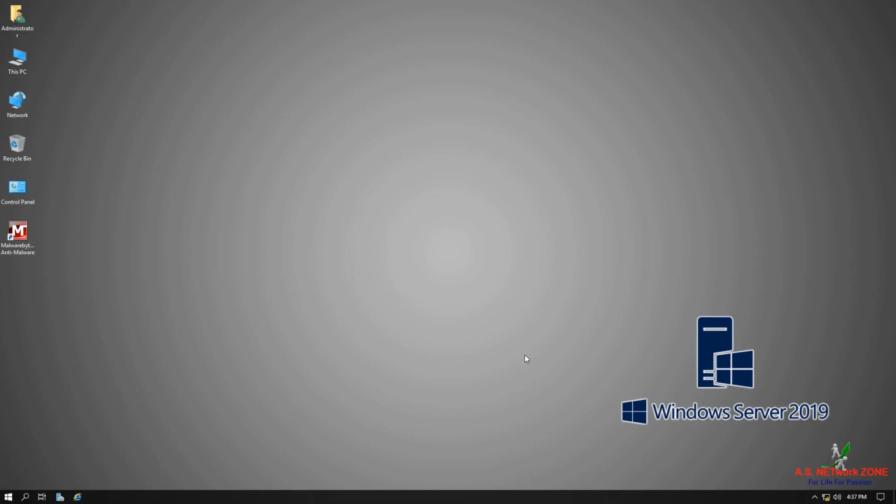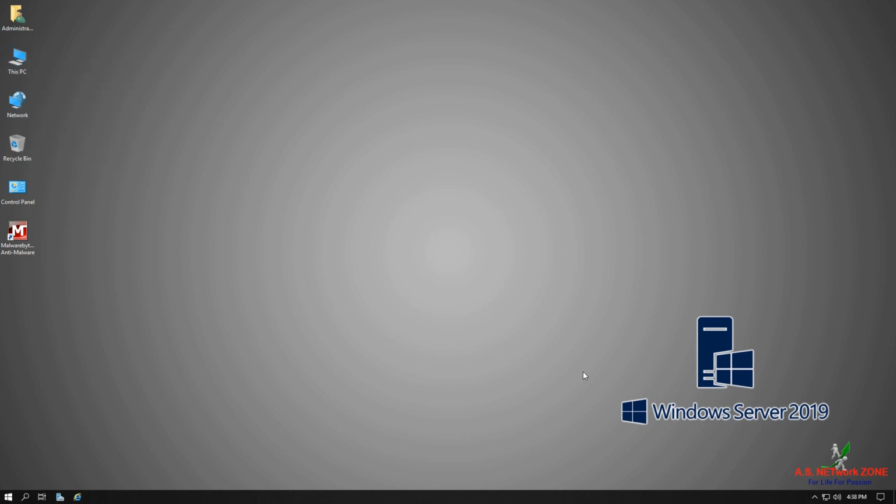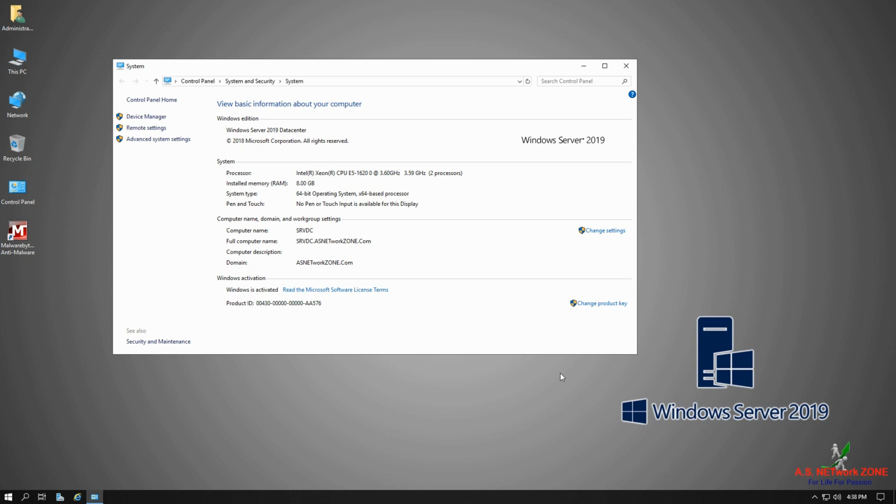If you look at your desktop, you will not see any changes. For that you will have to open your system properties again, and for that you need to right click on This PC. Click on properties. And here you can see our computer is promoted into a domain.